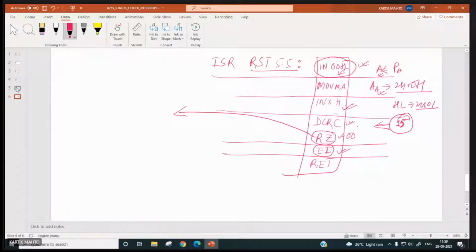Is this point clear to you? IN 00H, MOV M, A, INX H, DCR C, RET if zero, EI, then RET.